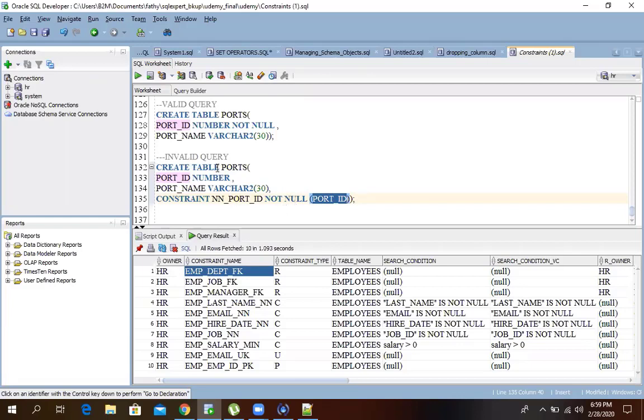Because not null constraint won't support out of line. Suppose instead of not null, if you give unique, then it will work, because for unique or check, whatever you give, it will work. But for not null alone, it won't support an out of line constraint.